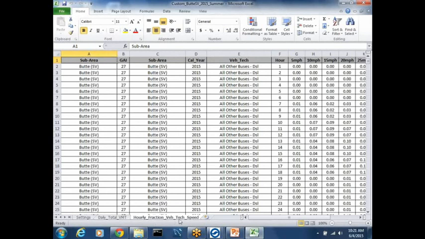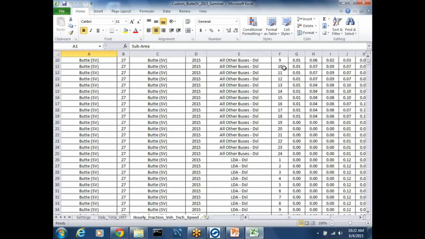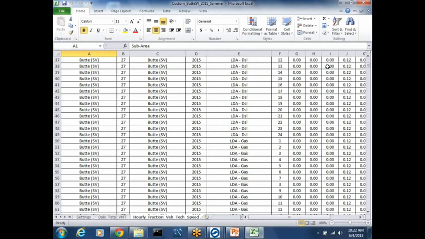And then hourly fraction, vehicle tech, and speed. So you can see here it provides sub areas again, Butte, the GAI is 27, the calendar year is 2015. It provides detail by each vehicle class, like vehicle tech. These are the EMFAC 2011 vehicle classes. It provides all 53 vehicle classes by hour. You can see the 24 hours for each vehicle class here, all the way up to